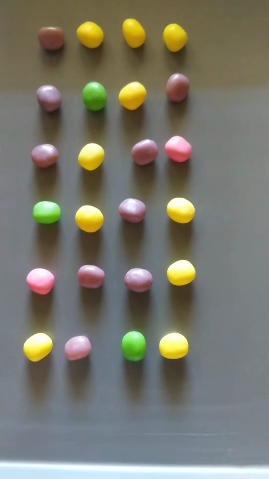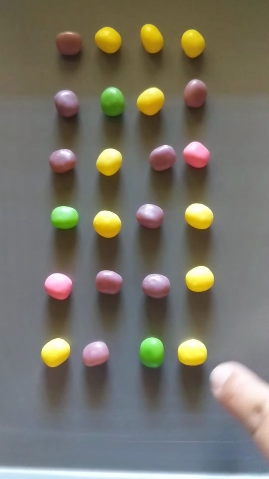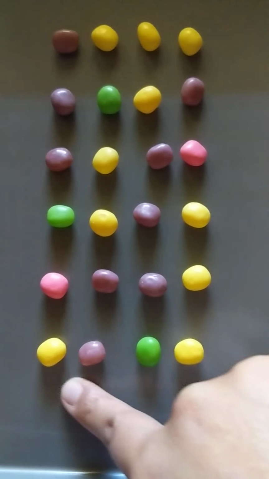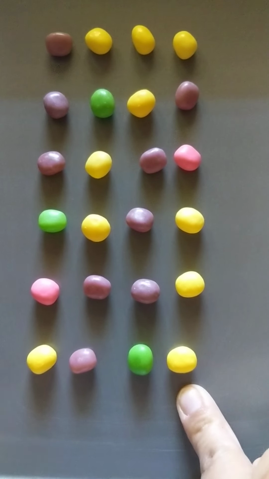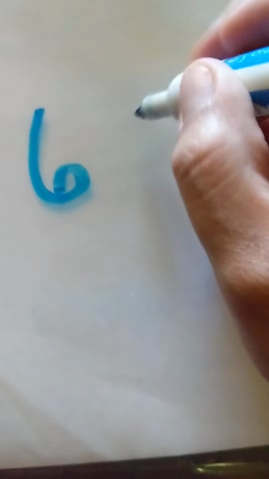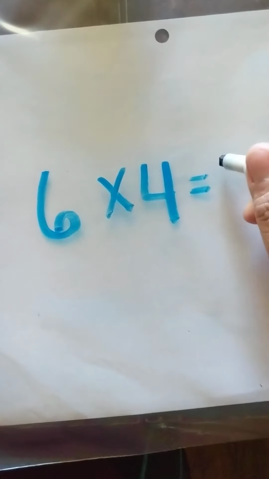So I have 6 rows, and inside of them there's 4 pieces. What does my equation look like? I have 6 rows, and inside each one there's 4 pieces. So that means my answer is,